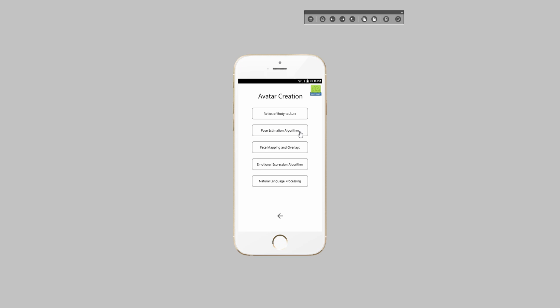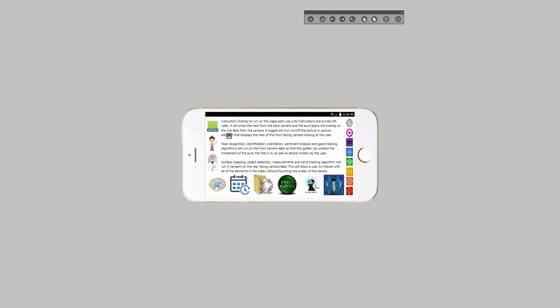Pose estimation algorithms, so your avatar will be able to learn how to move. Face mapping and overlays, emotional expression, natural language processing. You'll be able to create data sets and apply machine learning algorithms to those data sets to train all these algorithms to be like you.